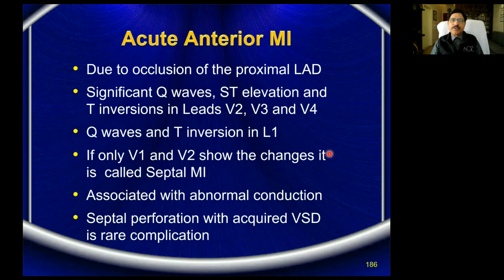One, to know which is the culprit vessel, because the treatment will be on the culprit vessel. The acute treatment will not be for all. Suppose any cardiologist finds a life-threatening narrowing of one region in the culprit vessel, and the other vessels are also showing some disease, they will not treat that as an emergency. What is treated as an emergency is only that the culprit vessel is opened. Electively, they may treat the remaining vessels. So for that reason, we need to know which is the culprit vessel. From the ECG, we can surmise which is the culprit vessel, and that infarct, of course, is related to the vessel.